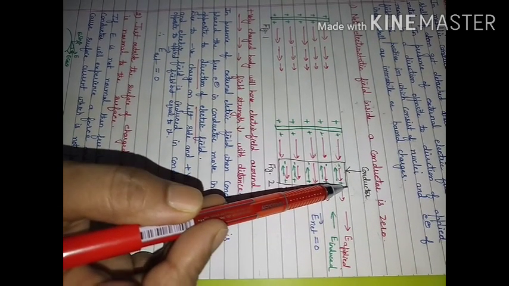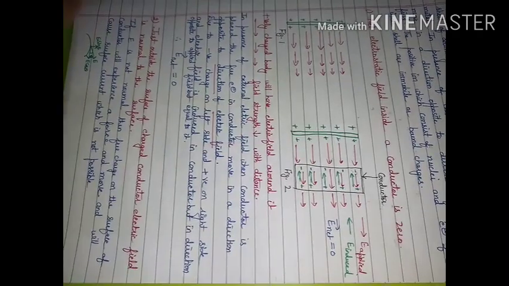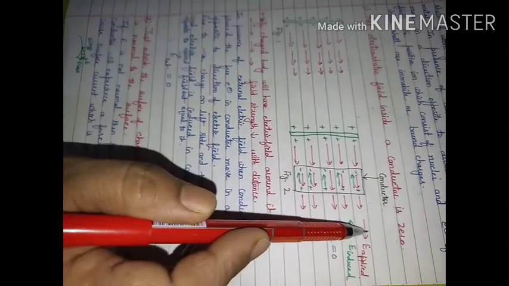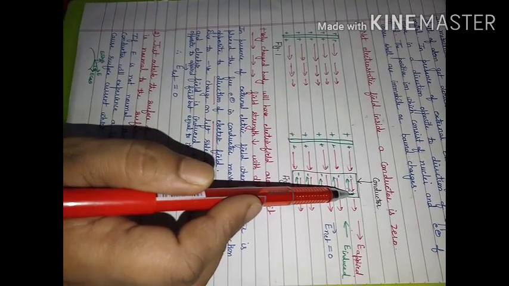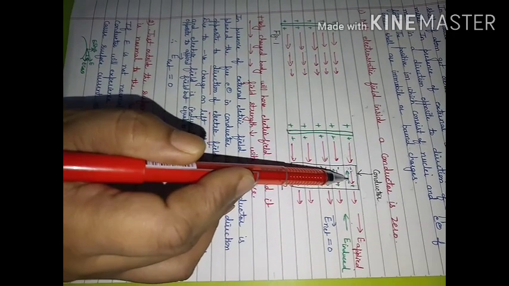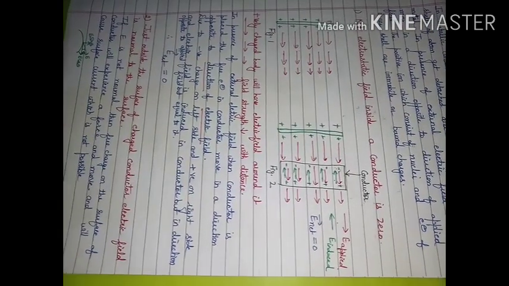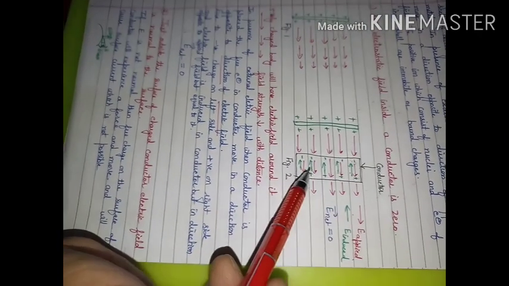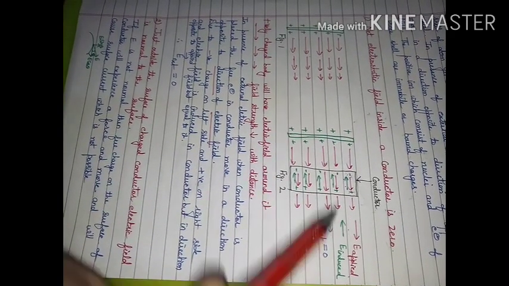So due to negative charge here and positive charge here in the conductor, one more field will be induced, and the direction of this induced field will be opposite to the direction of the applied field. The applied field is in this direction, and the direction of the induced field will be from the positive immobile charges to the negatively charged electrons. This green is representing the direction of the induced field and red is representing the direction of the applied field. In the case of a conductor, these two fields are equal but pointing in opposite directions. So the net field inside a conductor will come out to be zero. This was our first point.